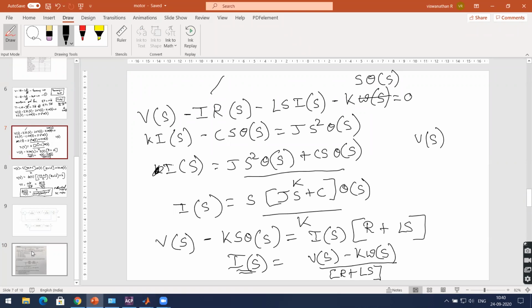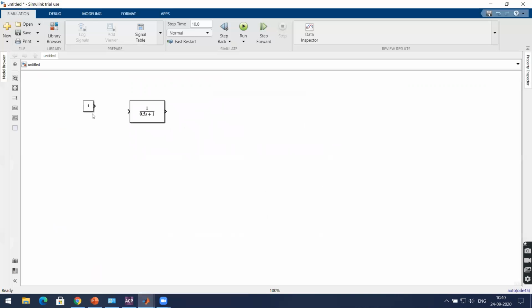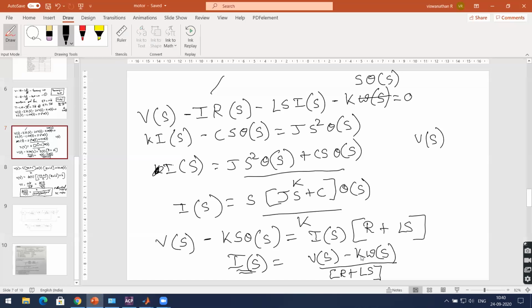V of S is nothing but this one. This is V of S. Okay. This is V of S, the voltage that you supply. Now you need to minus something. What is that? You need to minus K omega S. Okay. K omega of S. You need to subtract. So what you do for that is